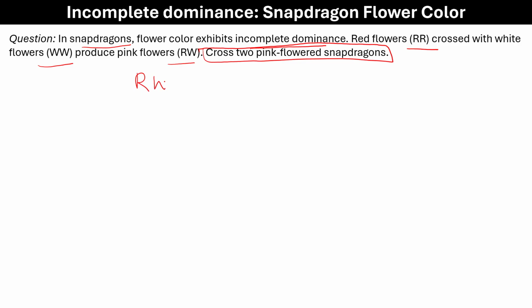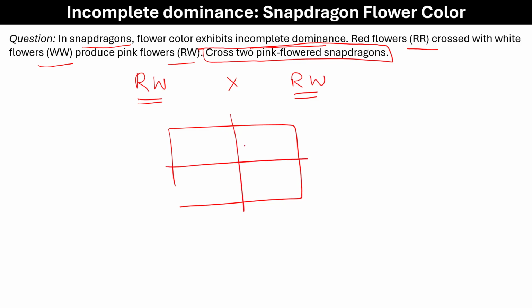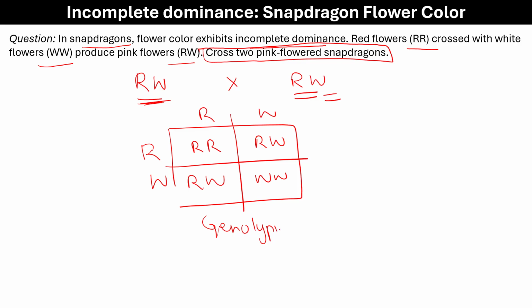Two pink snapdragon flowers would be RW with RW, because we know the pink is a result of RW. And when you make a square, from this parent you get gamete RW and from this parent you get the gamete RW. So here you would have RR, RW, RW, WW. So your genotypic ratio will be RR, RW, WW in the ratio of